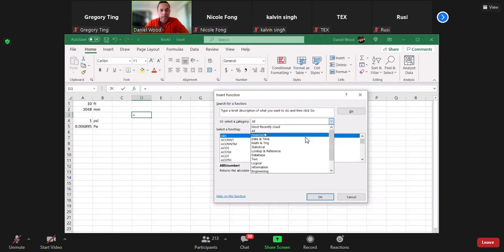Over here in the drop-down tab, you'll see a whole bunch of categories, and you can select all of these categories. I often use the logical category. I also use the statistical one, math and trig, date and time. I use a lot of these. Lookup and reference is a really good one as well. For the purposes of this course, I don't think you'll require too many of these. You'll just require the ability to